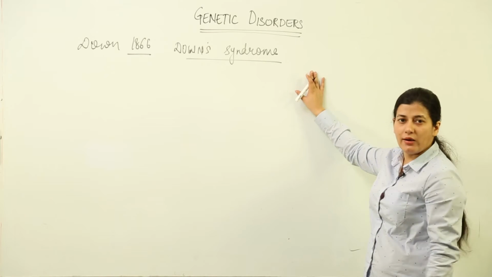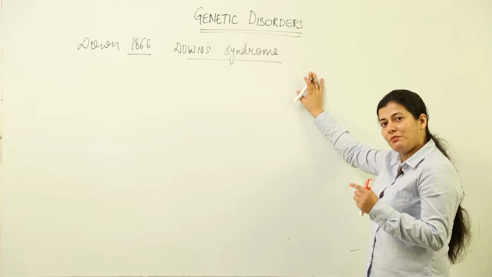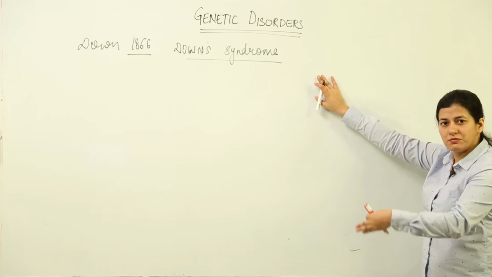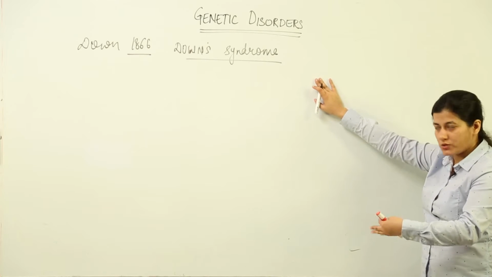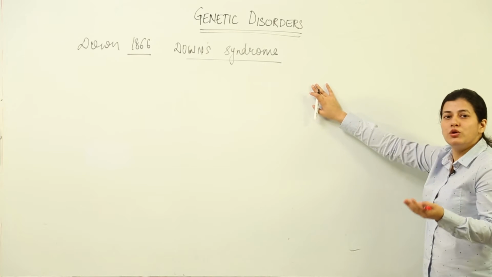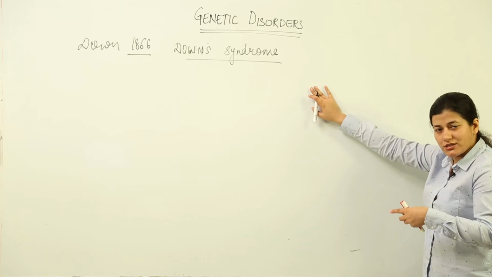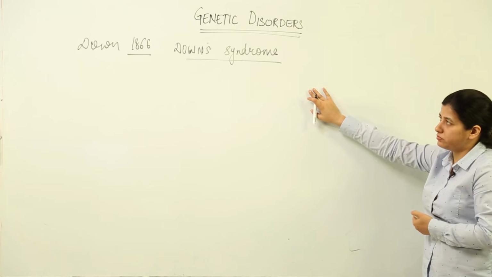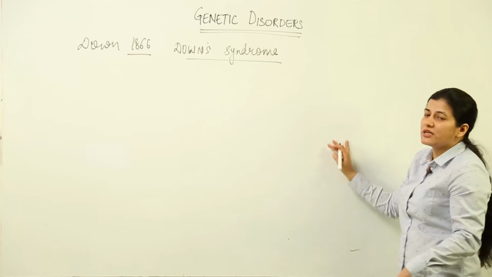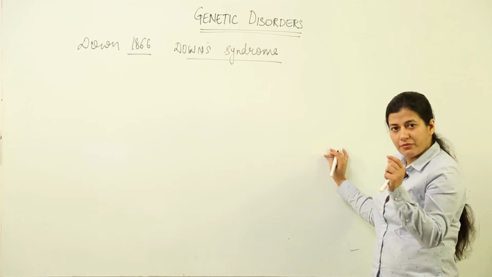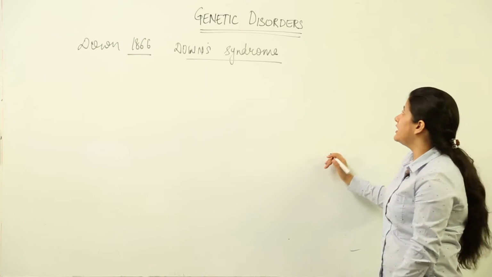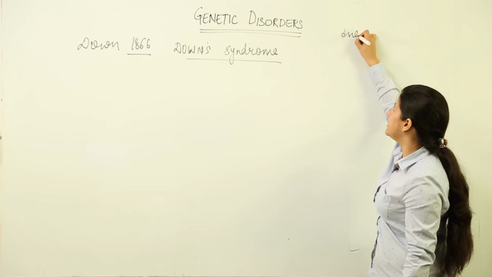Now, what is this Down syndrome? What is the main mechanism that lies behind this condition where there are certain symptoms that a diseased patient shows? Certainly it is a genetic disorder because it has something to do with chromosomes and genes, and because it is dealing with chromosomes, it is a sort of chromosomal aberration. Now, we do not term it as chromosomal aberration completely because aberration deals with a single sister chromatid being altered. Over here what we deal with is aneuploidy.